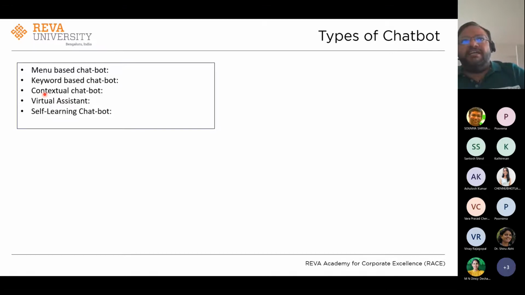This last category, which I call self-learning chatbot, learns and takes feedback. Alexa is one of those better agents, or assistants, I would say, not chatbots. In my opinion, Alexa has improved a lot. Siri probably still has some way to go.